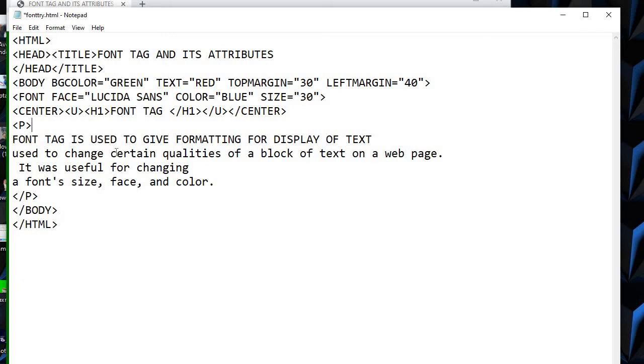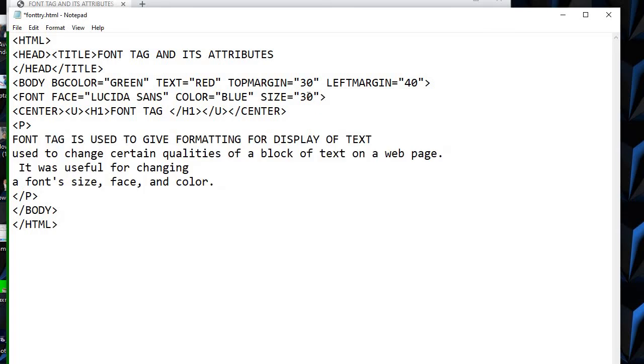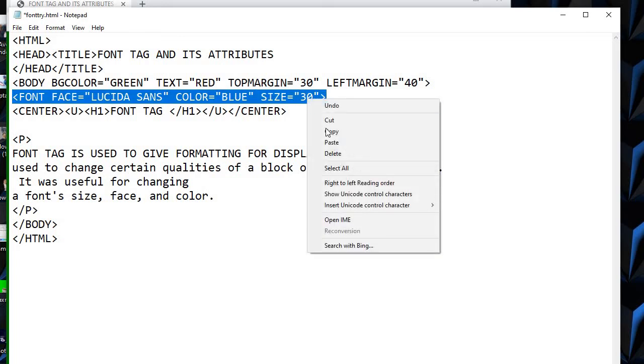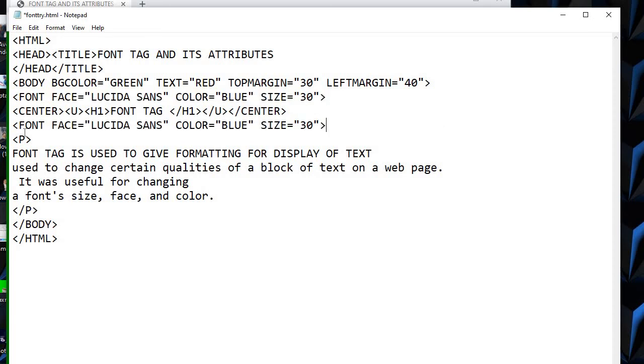Whereas this paragraph was not of any H1 or H2, it was only of the size 30. Now I want the paragraph to have a different style. So I copy this font tag instead of typing it again, I put this tag over here, and I make the changes over here.